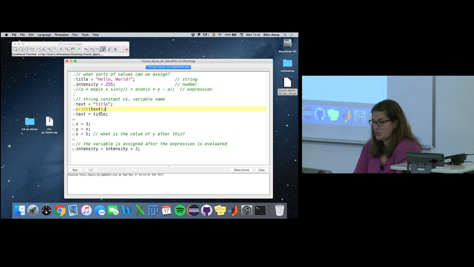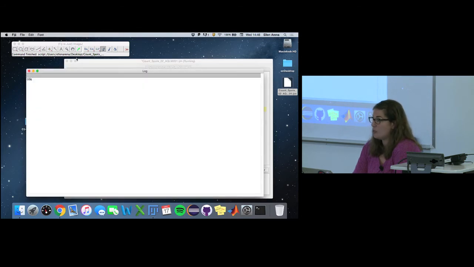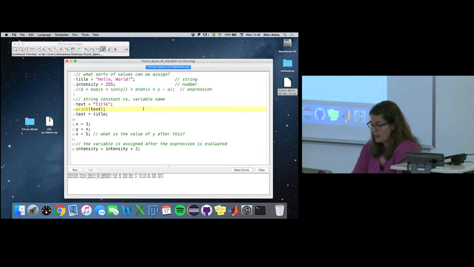So we're calling this function print to print out what value is held in this variable, which should be what? Title, exactly. So if you run it, you see title, because we're printing out that string. We're printing out what the variable is pointing to. So if we actually add another print statement at the end here now,